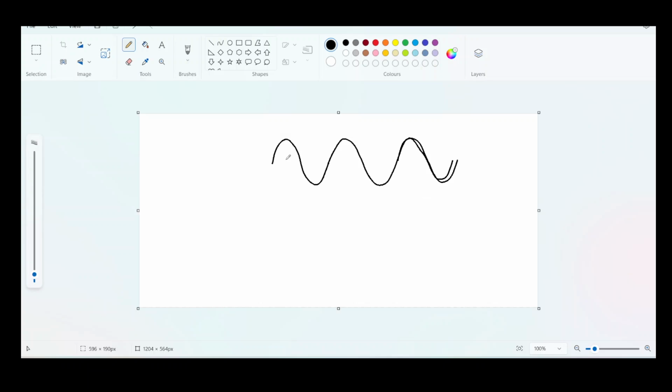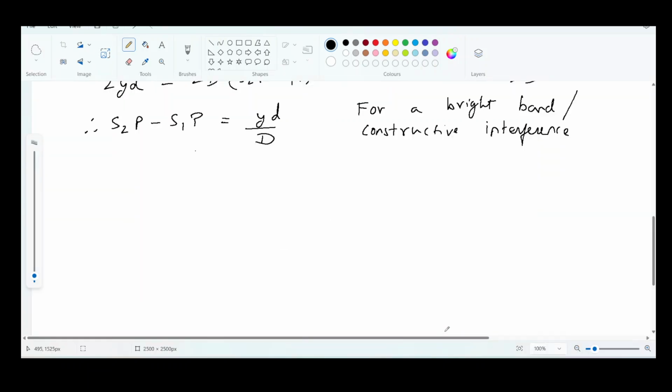So the constructive interference occurs when the path difference, let us call it delta L, is lambda, 2 lambda, 3 lambda, and so on, which is nothing but n lambda, where n is equal to 1, 2, 3, and so on. So if the path difference is n lambda, you get constructive interference, that is a bright band. Now, what is the path difference here? Path difference is nothing but this. That is to say delta L is equal to yd by D,